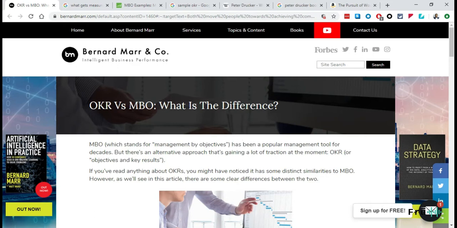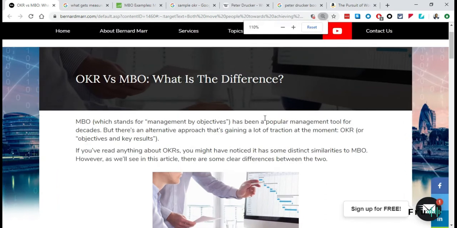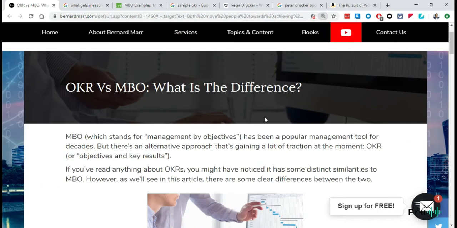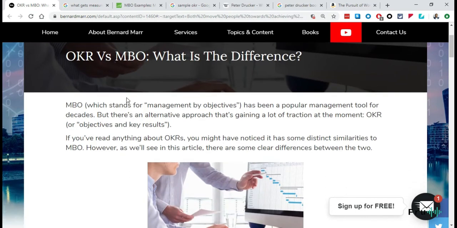What is OKR and MBO? Naturally, it makes sense to start with the definitions. As an employee, if you're working at an organization, sooner or later you're going to come across these two terms. Some people already are familiar with it, some might not be, which is why we're going through this as a relevant read for today. In my experience, I've been more exposed to MBOs, but OKR is kind of new and it's coming up, so it's important to also understand what it is and why companies are gravitating towards it, especially tech companies.